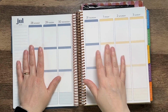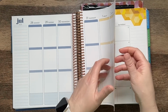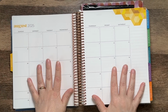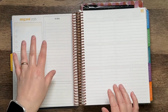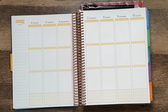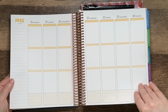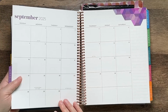So you get to the end of the month and it goes through August 3rd behind the July tab. Then you turn the page and you have your notes page for the next month of August. You move into your August monthly calendar with the beautiful hexagon design. You have a notes column over here, and then you move into your dashboard layout, your extra line page, and then your weekly spreads. And they did get rid of the mini monthly calendar in the weekly planning pages, so you don't have that. You go all the way through to August 31st, and then you move into September,